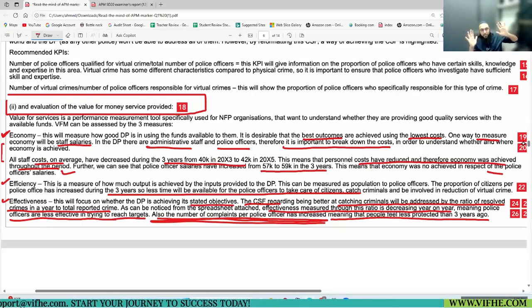Okay, understood? Now you tell me, guys, listen, if complaints per officer increases, the calculation done was wrong. We have seen that before. Just tell me this: if complaints per officer is increasing, is this a sign of more protection or less protection? Decide. Less protection.